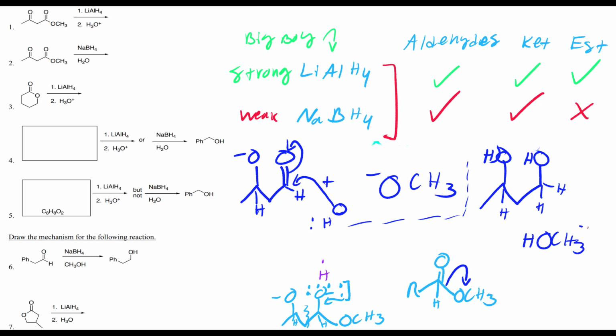We also formed methanol in that reaction. So, to make a long story short, what happened here in this reaction is that basically a hydride came in right here. This broke off to the oxygen, it became negative, and then another one came in right here. This bond broke to the oxygen, and then it came back right here, broke off this oxygen bond,